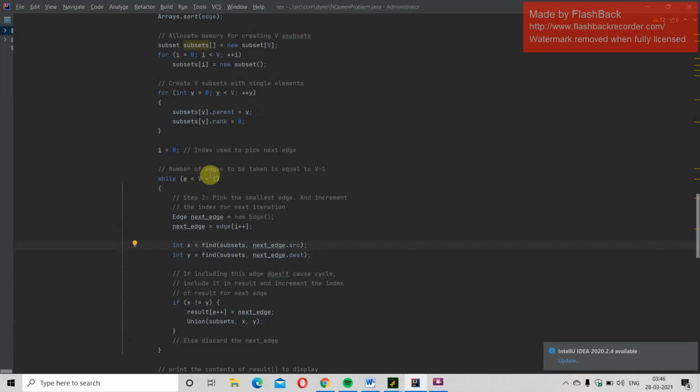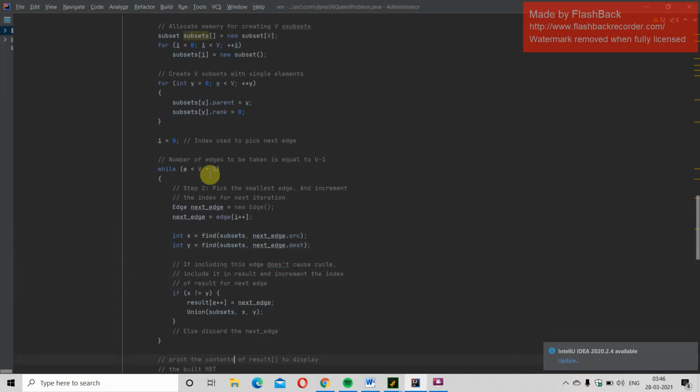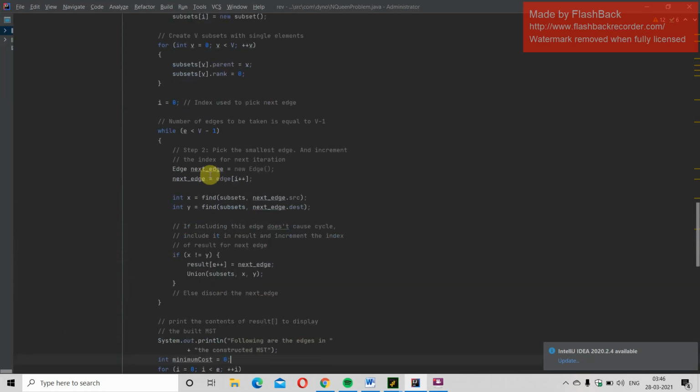Now declare x and y of integer data type and using the find function, find the subsets using source and destination. Now if it is not included, then this may not form a cycle.